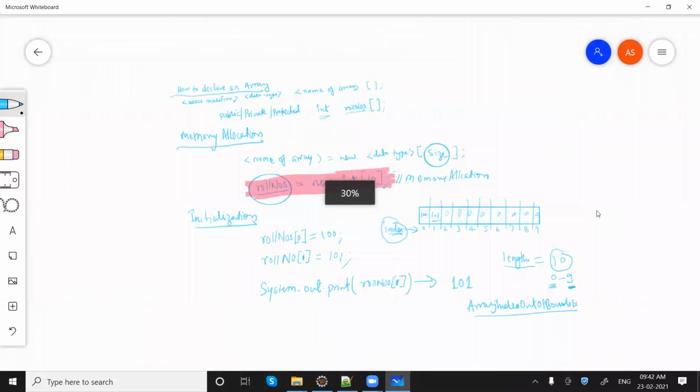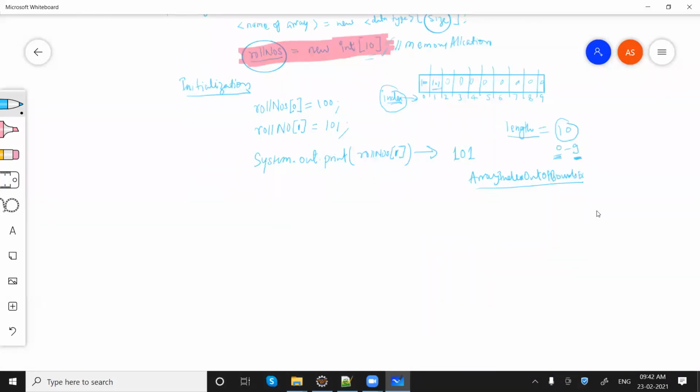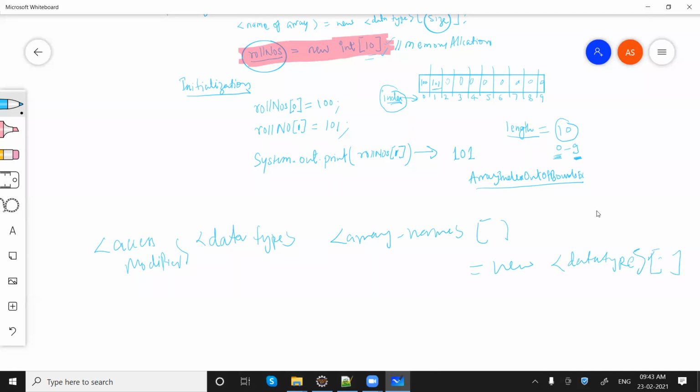Now we can create an array in a single step, like: data type, then access modifier, then array name with the square brackets, equals new data type, and then the size.